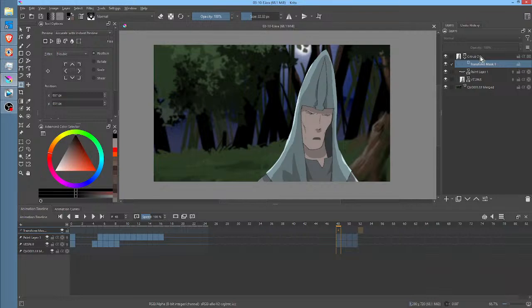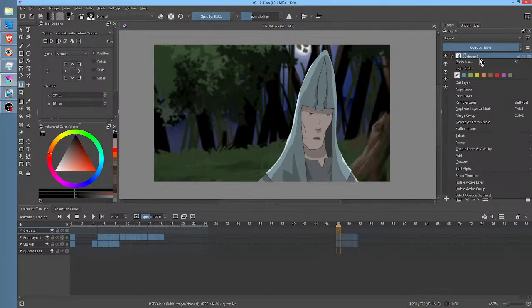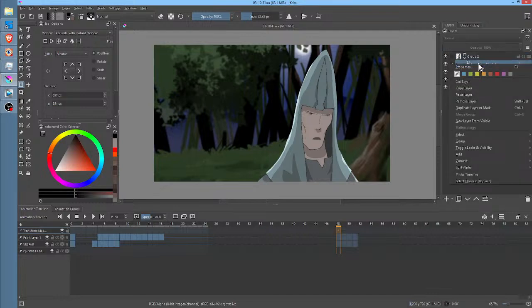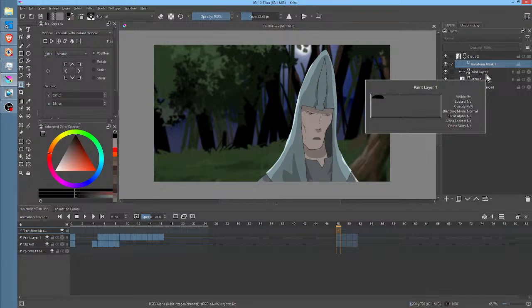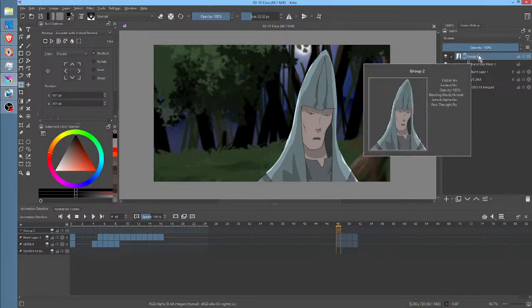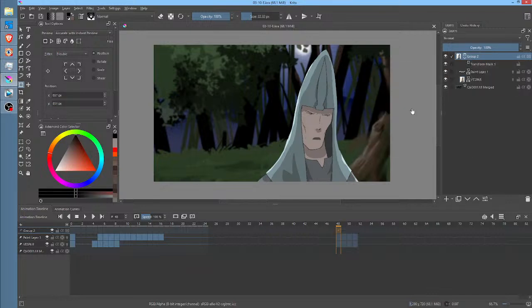Now, one thing, we do have a performance penalty we are experiencing right now, which would be solved by merging this group. I don't think I want to merge the group. I want to apply the transform mask. I guess we did, I mean, we are applying it to the whole group, so the only disadvantage to baking this down would be that we are committing to all of the lip sync. I'm not sure I want to do that.